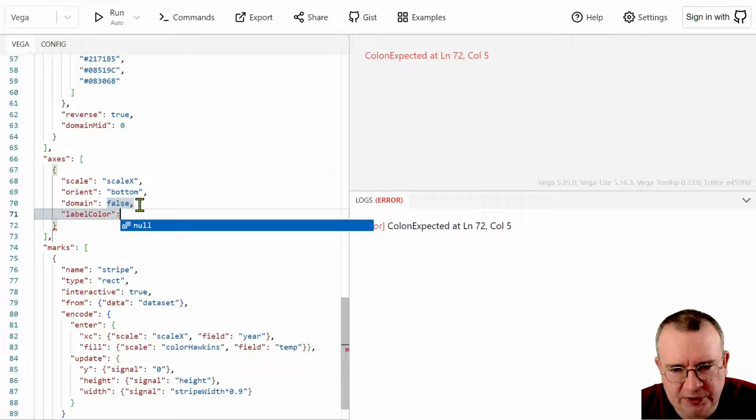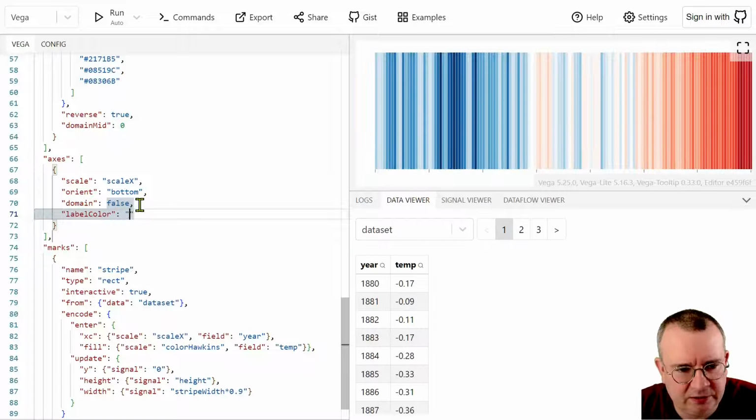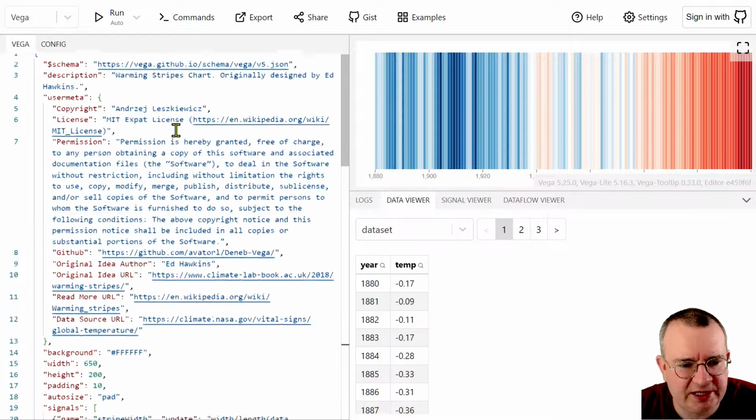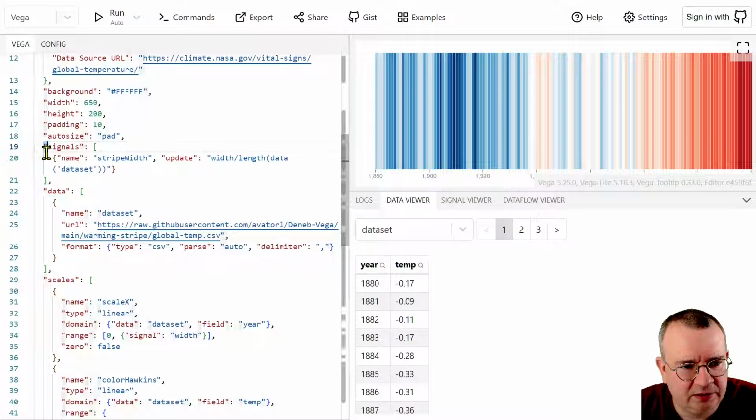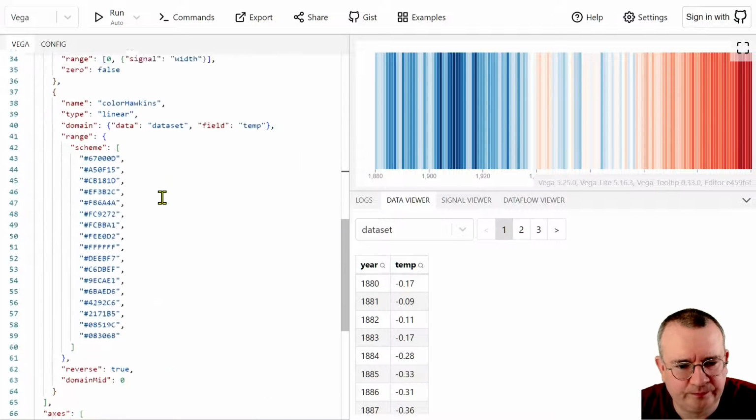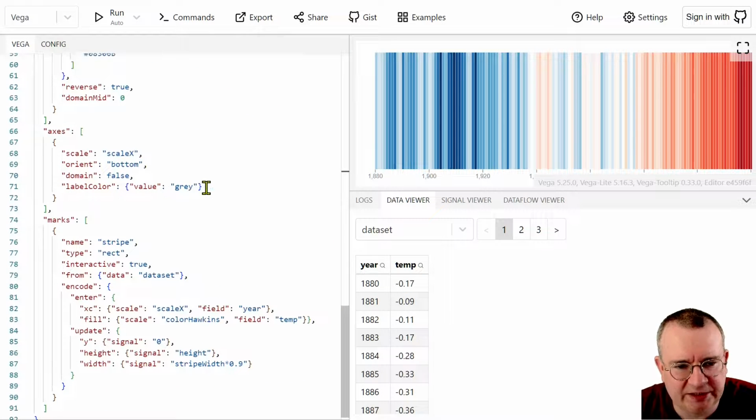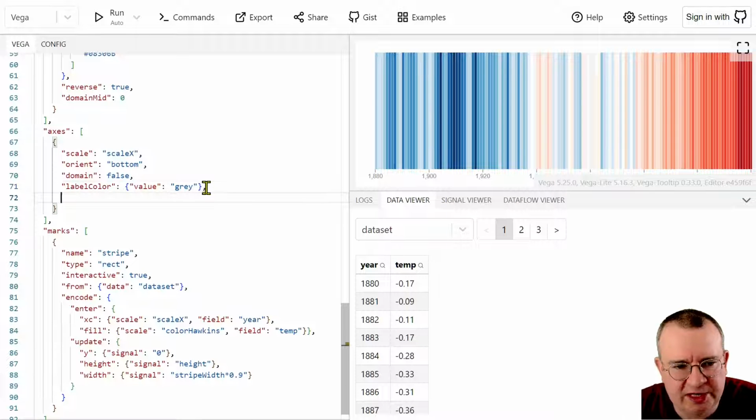Label color is going to be defined as value. Let it be gray for now. Then we can replace this hard-coded value with a signal, which will be defined on the top in the signals property. For now, it's just hard-coded gray value. Then we have to remove this comma